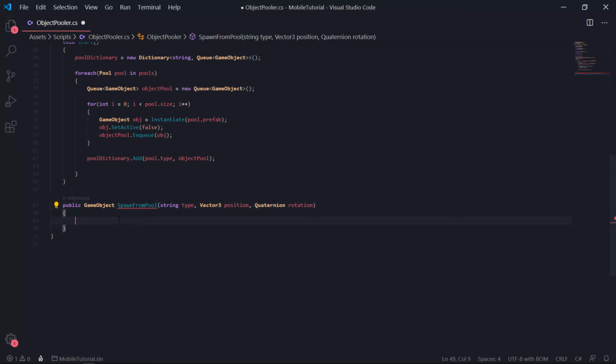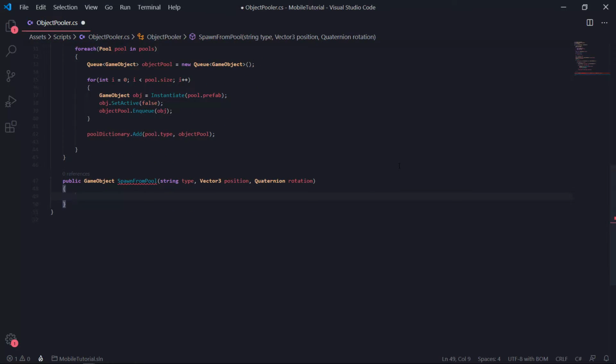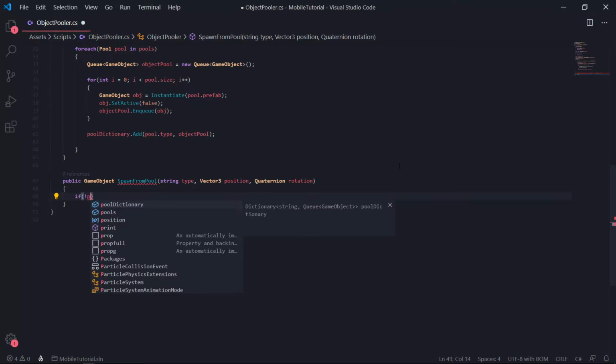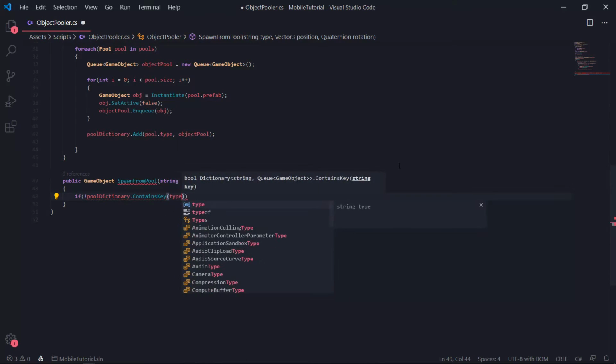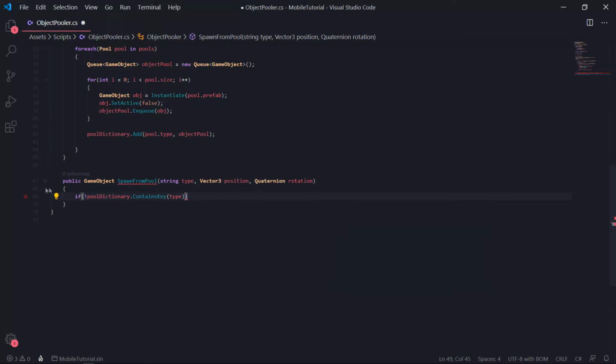And if it does not, we want to give an error and just completely exit out of this, because we don't want to be spawning stuff that doesn't exist, or trying to, because that will cause a lot more errors. So we can do if not pull dictionary dot contains key, and the key will be type. So the type we put in here,